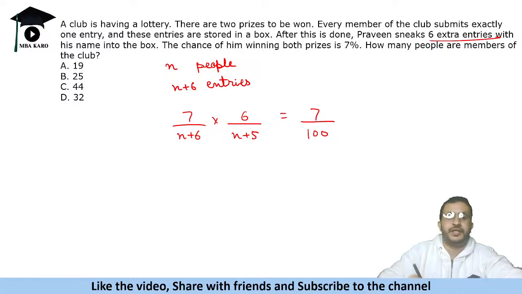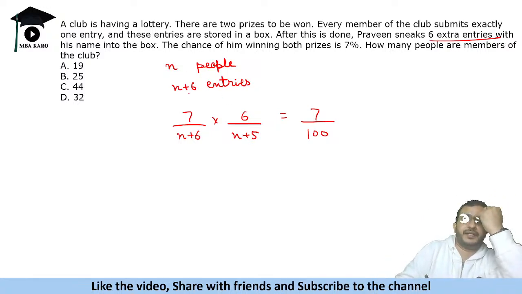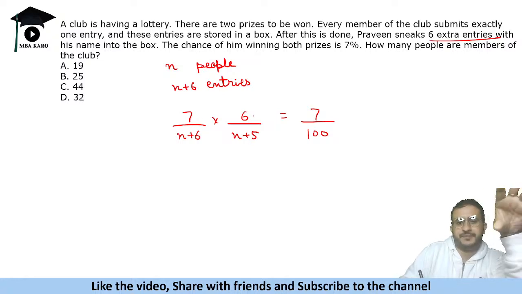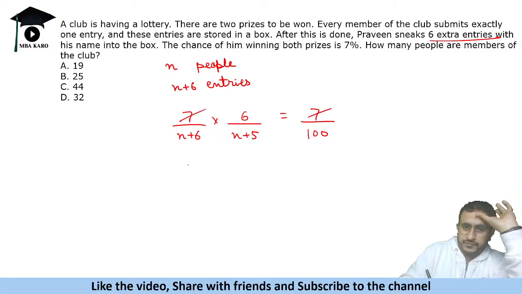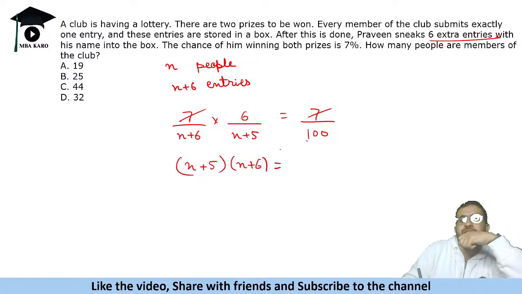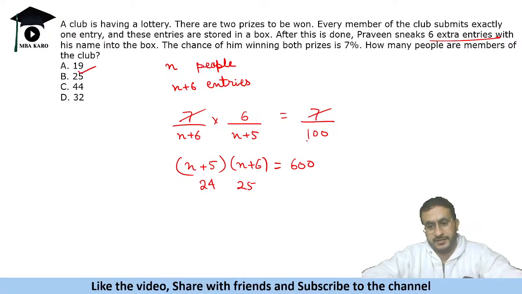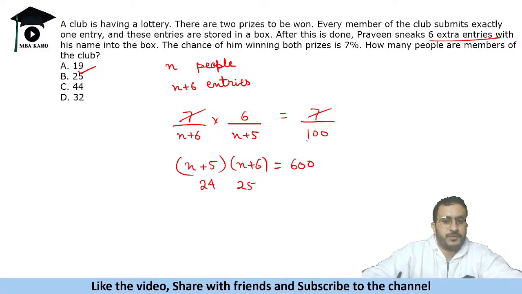isn't it? So first entry, there are n people and n plus 6 entries. So first prize जीतने की probability 7 by n plus 6, because he has 7 entries. Now if he has won the second prize, now he has 6 entries left and there are total n plus 5 entries. ठीक है, so solve कर लेते हैं. So we get (n plus 5) into (n plus 6) is equal to 600. ठीक है, 24 25, थोड़ा अगर विजिलेंस है तो n will come as 19. ठीक है, सो थोड़ा सा अलग क्वेश्चन, नॉट द टिपिकल प्रोबेबिलिटी की सीधे सीधे हो जाए, थोड़ा सा इसमें दिमाग लगाना है।